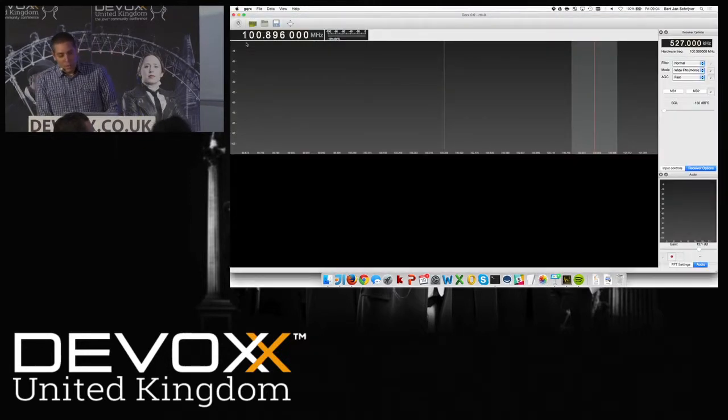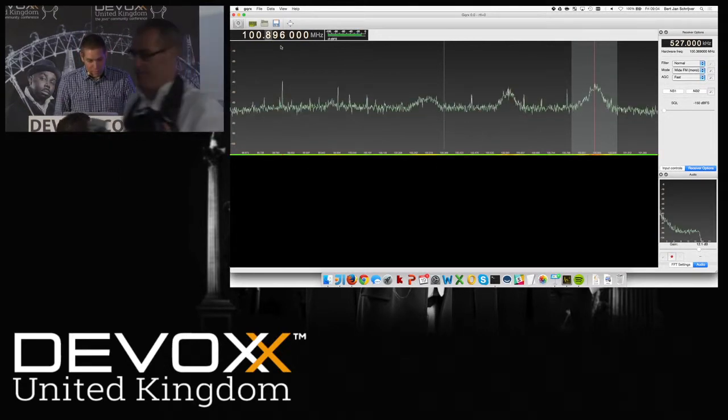So there are all kinds of signals in the air. Each one has its own specific frequency. One you might be familiar with is the frequency between 88 megahertz and 107 megahertz. Anyone know what there's at this signal? FM radio. So let's see if we can find some FM radio here.